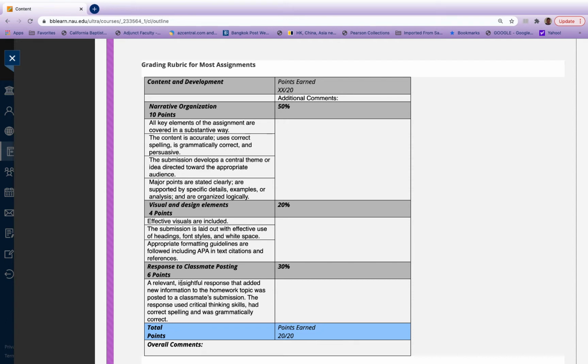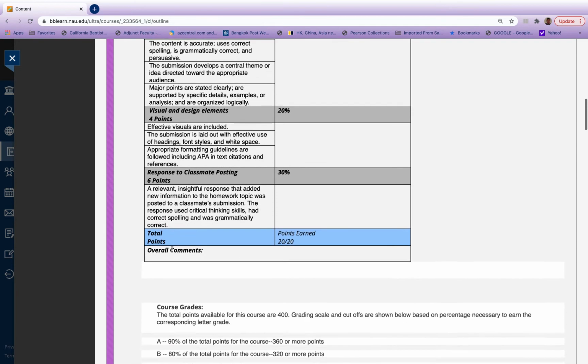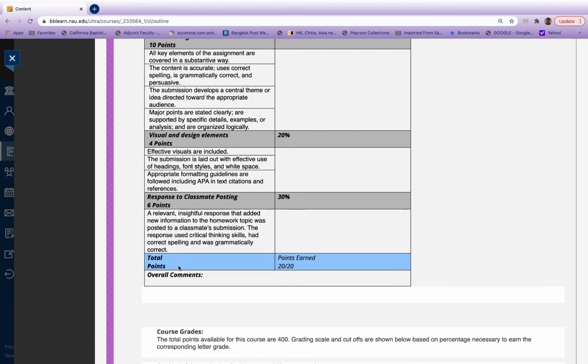I always get somebody in the first and second weeks who says they weren't familiar with this, even though they acknowledged that they had read the syllabus. Well, it doesn't cut it. Make sure you get through this. Now, one thing I wanted to point out is that most of the assignments will use this rubric, and that includes responding to classmates' postings whenever appropriate and possible.